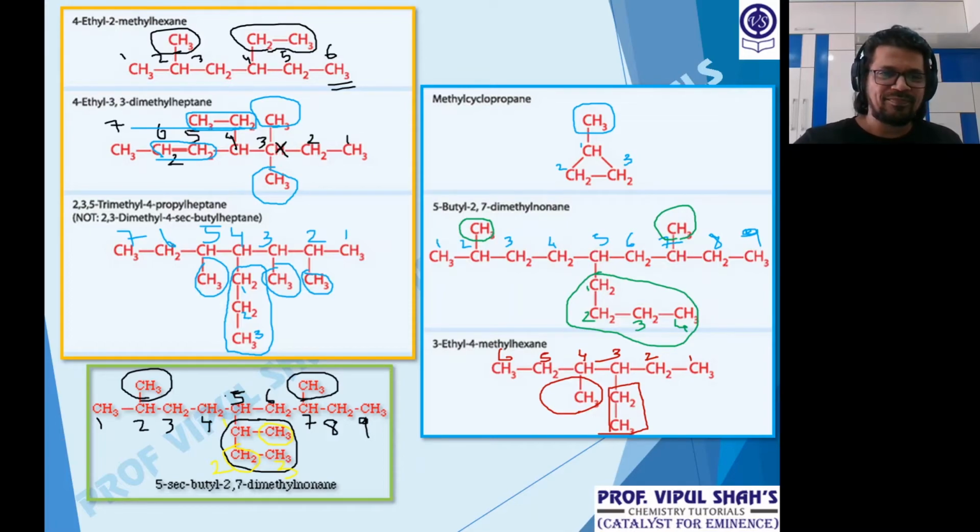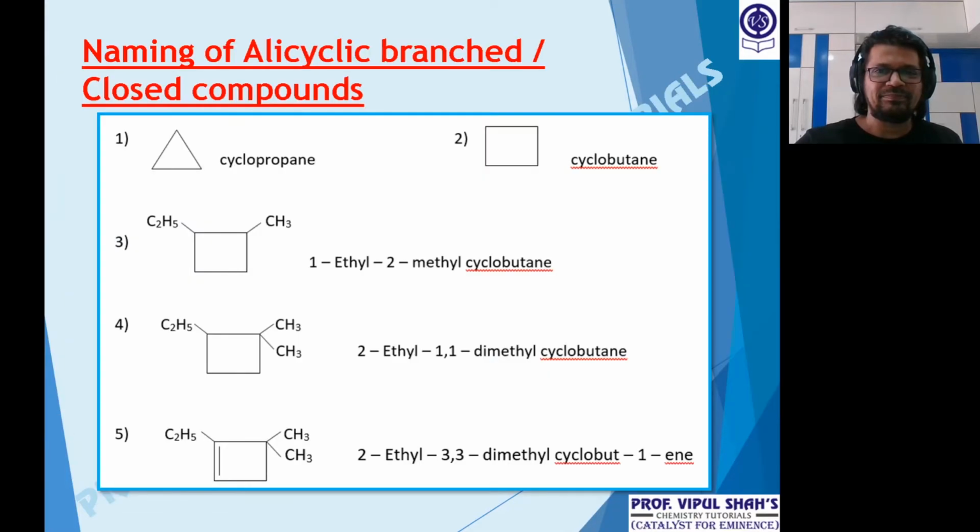Okay. Then now some of the alicyclic numbering. This is very easy. I want everybody to just concentrate here. Cyclopropane means I just number 1, 2, 3. Done. Remember the names now? All alicyclic or all homocyclic are called polymethylene. Same way here, cyclobutane: just number normally 1, 2, 3, 4.